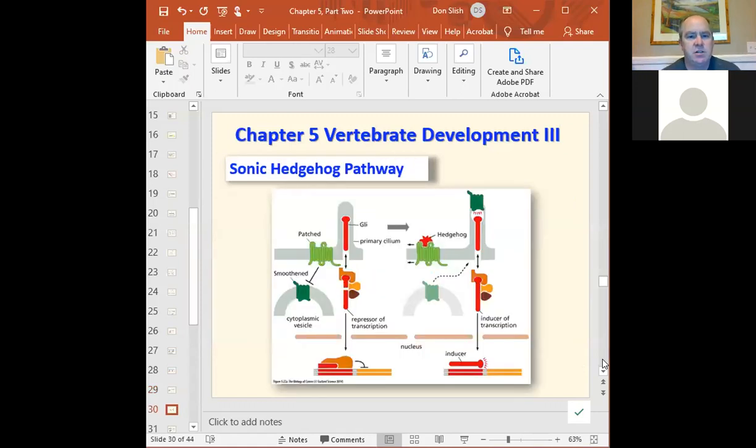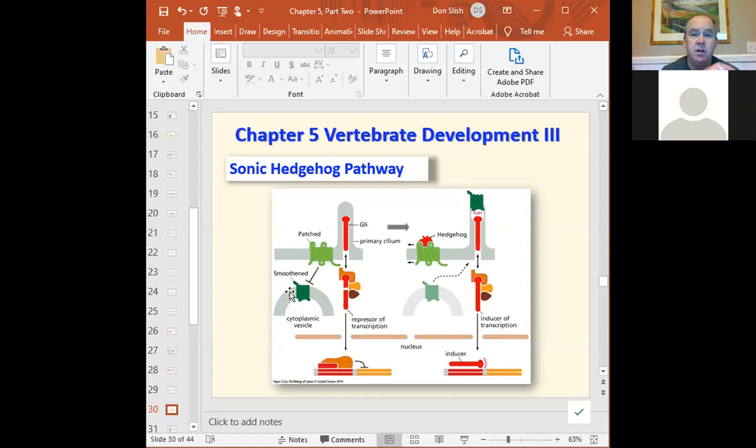Okay, Sonic Hedgehog. So this is the first time we've seen Mr. Sonic Hedgehog. This is a figure I got from a different book. I didn't like the one in this chapter of your book. There's a better one later in your book, but it was too late because I already had this one in here. So basically, for hedgehog signaling, smoothened is in a